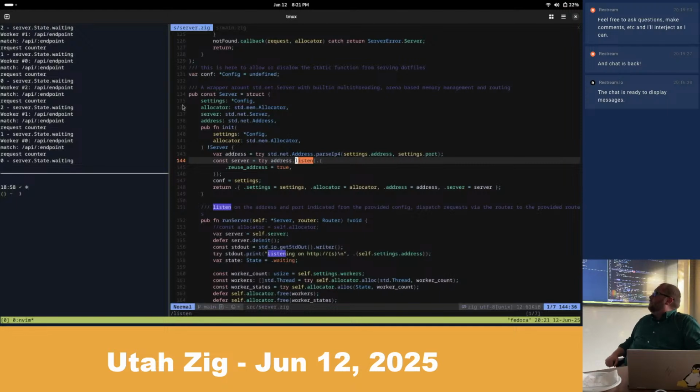It's super straightforward. You just use std.net.Address.parseIp4. You give it the address and the port that you want to listen to. So in this case, it's going to be 127.0.0.1. That's localhost. If you were going to listen to an external port, it would be 0.0.0.0, four zeros.